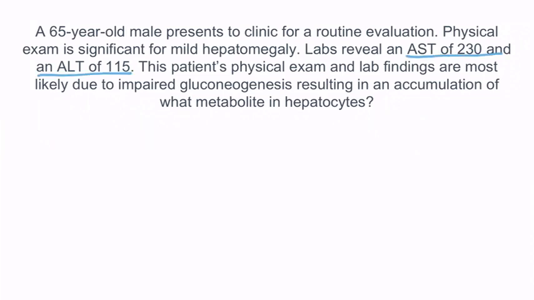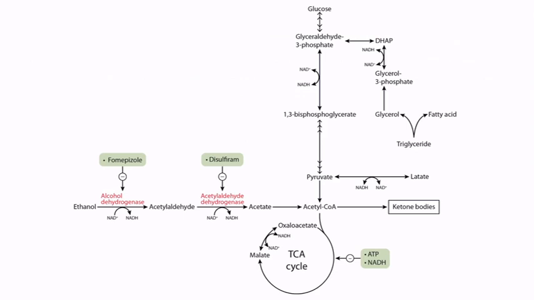Recall that these are elevated in patients with liver damage, and an AST to ALT ratio of 2:1 is suggestive of alcoholic-related liver damage. In this case, the patient has an AST of 230 and an ALT of 115. This is an exact 2:1 ratio. From the figure, we can see that triglycerides are normally metabolized into glycerol and fatty acids. The glycerol can be converted into glycerol 3-phosphate, which can then be converted into DHAP and produces NADH in the